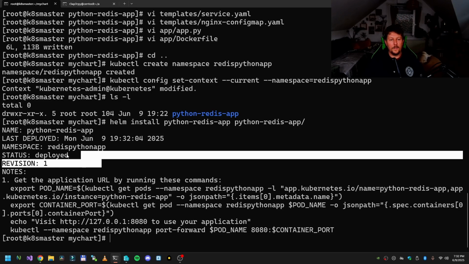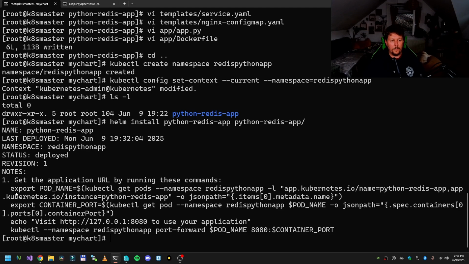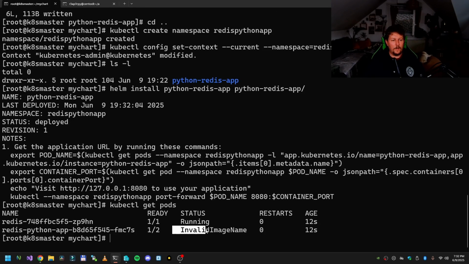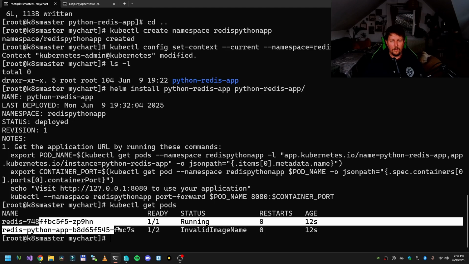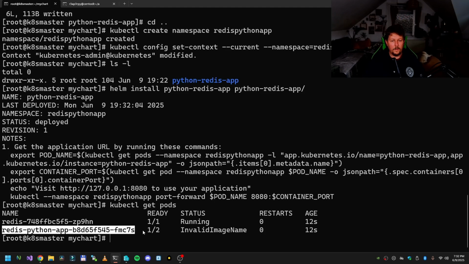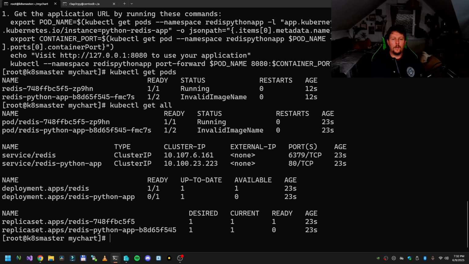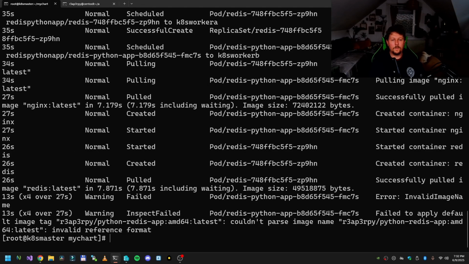And technically, it shows that it was deployed, and we can check the get pods: invalid image name, what? And the kubectl get all, and why is it invalid image name? kubectl events and the